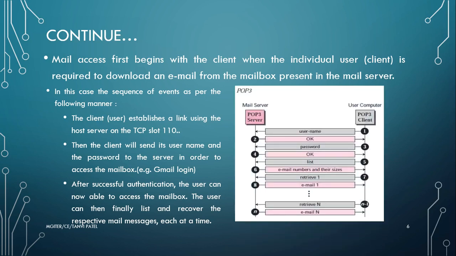Next, mail access begins with the client when the user is required to download an email from the mailbox present in the mail server. In this case, the sequence of events is as follows. How it works: first, the client, that is the user, establishes a link with the host server on the TCP port. Next, the client sends its username and the password to the server in order to access the mailbox,